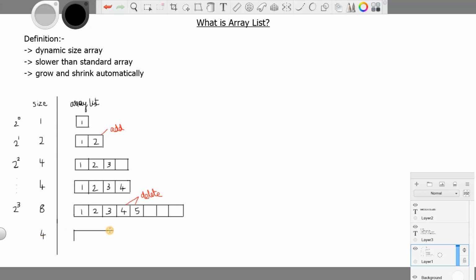And the list will look like this: 1, 2 and 3. So after deleting, it shrinks the size of the array. It's dividing the total size by 2. So as you can see, it increments and decrements in an exponential manner. This is how it works in the back end.